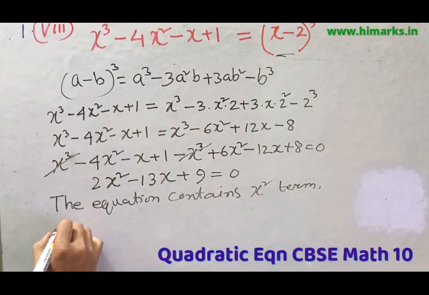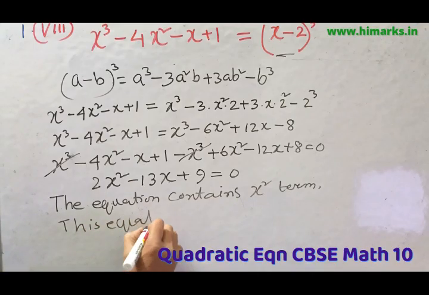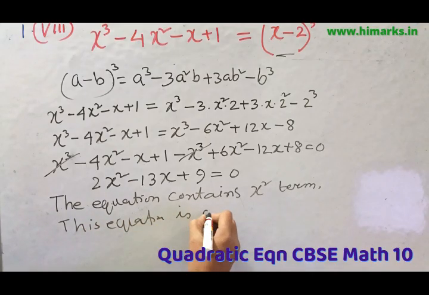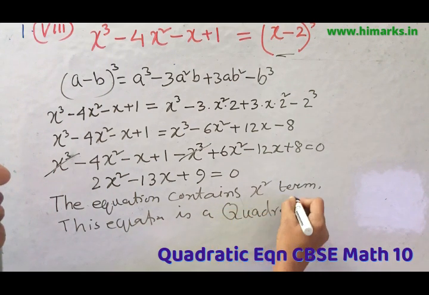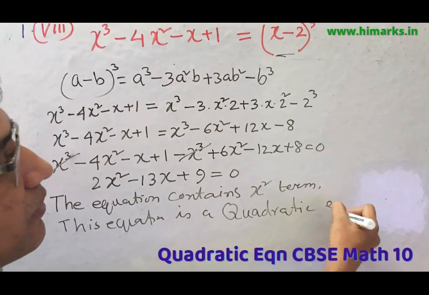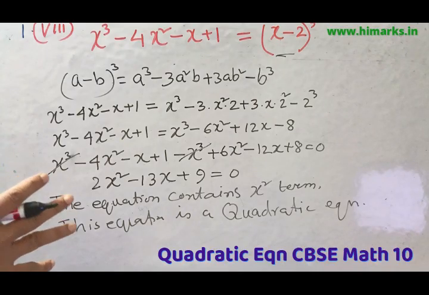Okay, this equation is a quadratic equation. Okay, this is the way to be concluded. So that's all 8 sums are there. Okay, hope you have understood all of them. So the fact is that left hand side, right hand side separately simplify, then you bring